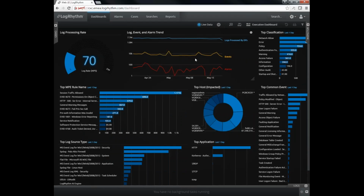But as a security analyst, what I'm more interested in really is anything that is being correlated in the back end. All those millions of events that we're seeing from across the network coming in, being able to reduce that to something that's pertinent to the security analyst to go after and have a look at, and maybe raise an incident. So if we look at the alarms tab now,